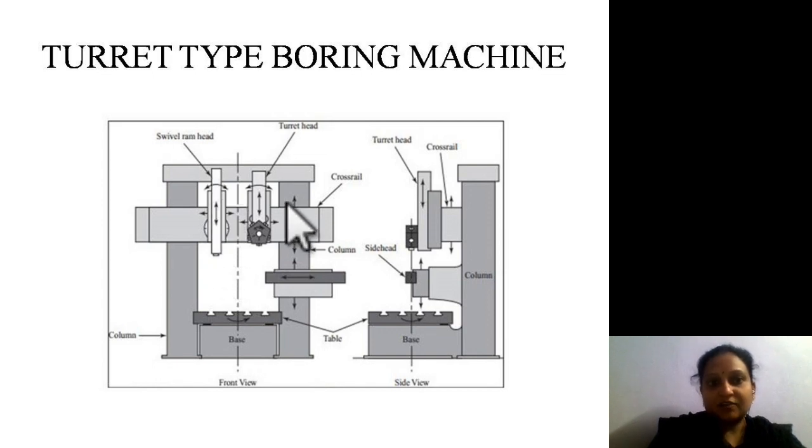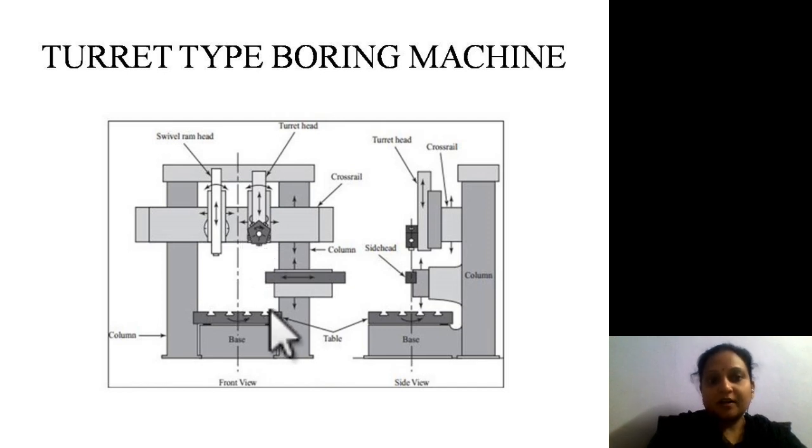So see, we have two ram heads here. In the first one you have a fixed tool and in the second one you will be having a turret. So here wherever you have turret, you can keep different types of tools, and depending upon our requirement we will change the position of these tools. Okay, and this is the column and this is called cross rail. Cross rail will be used for the horizontal movement and the column will be used for the vertical movement. So here what happens, here that we'll have a turret wheel, and now depending upon the tool that we require we can change the position of this turret.